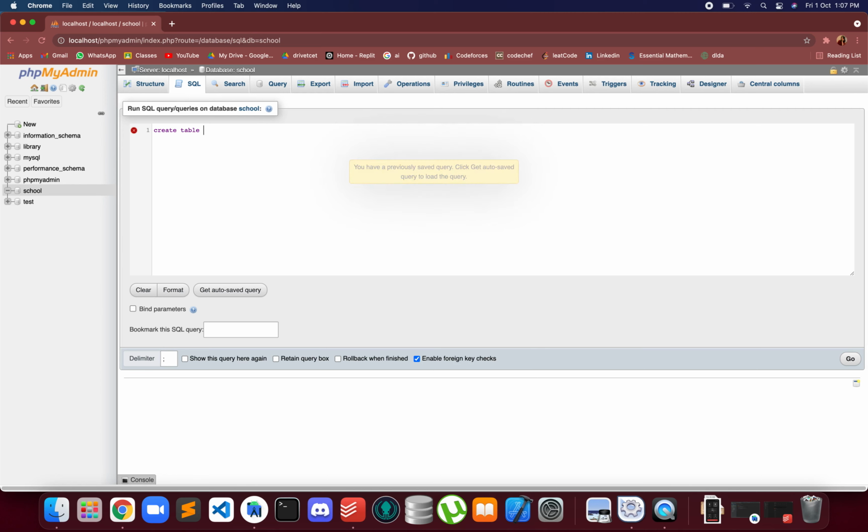We can give the first table name as students. Now in brackets we'll have to add the name of the columns and the data type. So we can take the first column as ID and the data type as numeric. The second column we can take as name, data type this, and the length. Now we can give it a primary key, which is a unique ID which only a single student will have, and we'll pass the name ID in it.